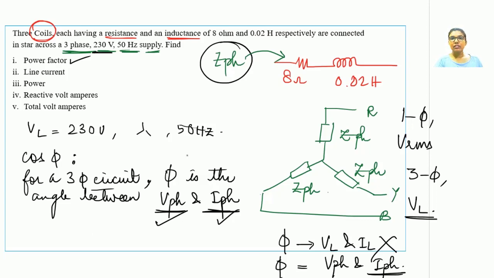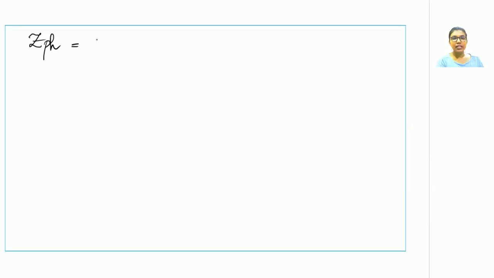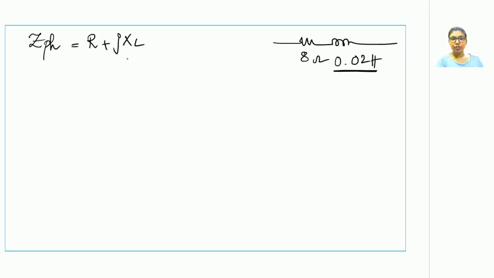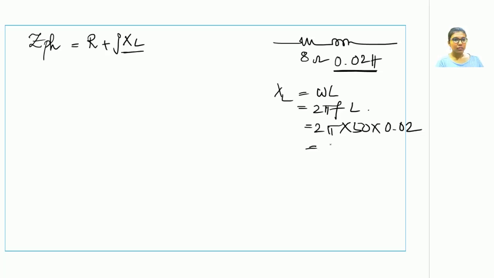So let us start our analysis by solving the Z phase first. So Z phase is given as a series RL circuit. I am redrawing here for the reference. The value of L is mentioned. So this Z phase comes out to be R plus jXL. This is already known to us from the single phase concepts. So we need to figure out the value of XL, which is given as omega L. Now the value of f is given to us in this. So on substituting the value of f and L, XL will come out to be 6.28 ohms. Draw the star connection as well.